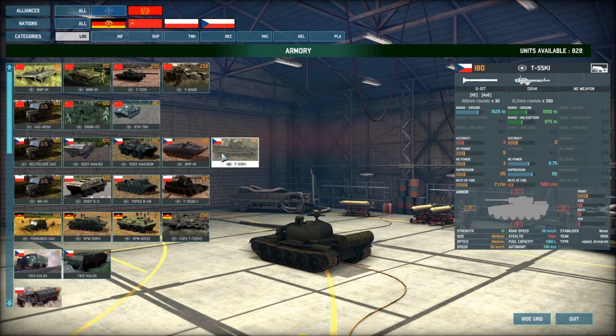The T55 K1, this is a cheaper command tank, the cheapest that you can get on the PACT side. It has 7 front armour, 3 side armour. Not the best, but useful for holding old sectors safely, so it's never going to be able to be command sniped by bombs, by people guessing where your command vehicle is. Especially in ranked, this can come in very, very handy, because a lot of times people will try and